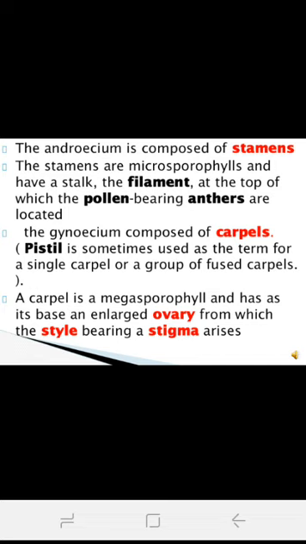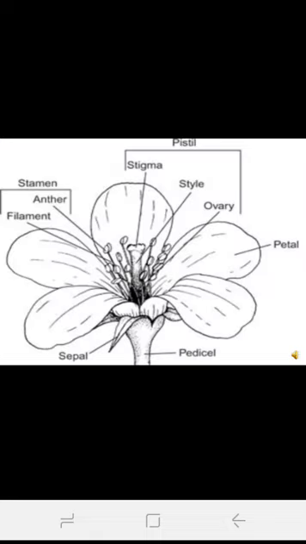In the case of carpels, it is otherwise known as pistil. You can see at the base a somewhat globose or oval structure known as the ovary, in which ovules are arranged, and it has a long thin style, and at its apex the stigma, where usually the insects sit. So this is an image of a flower where you can see all the parts very well, starting from the pedicel, outer whorls and inner whorls, etc.